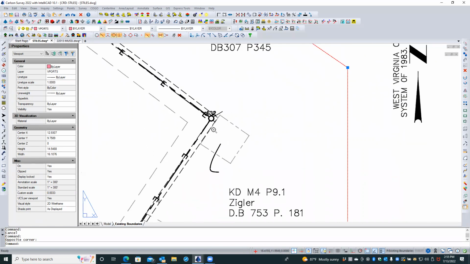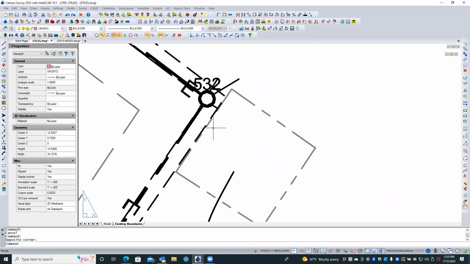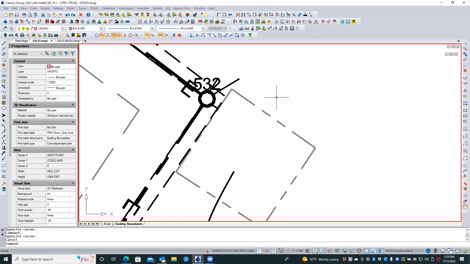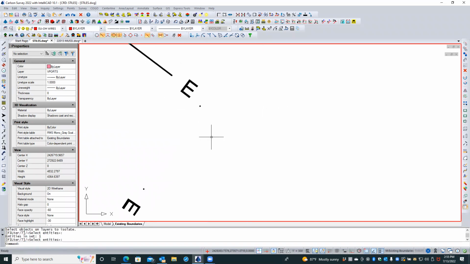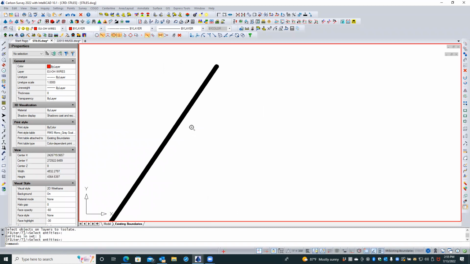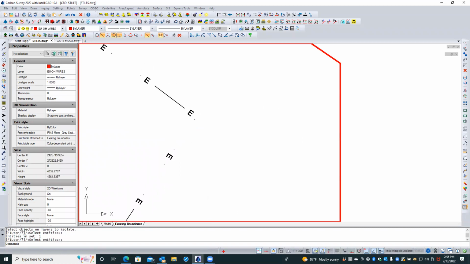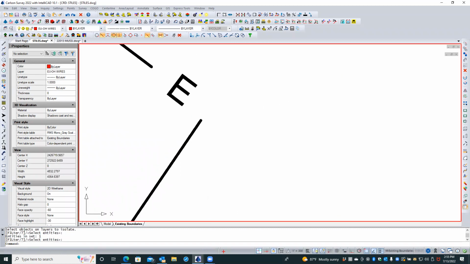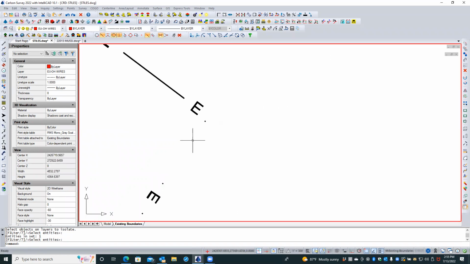All right, so first of all, for this electric line, we would need to break it at the corners. So I'm going to come in here and isolate that layer. I want to make sure it's there. I wish it didn't do that. It really bothers me that it cuts that zoom level out. But anyway,